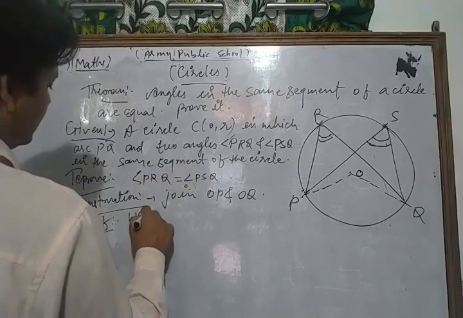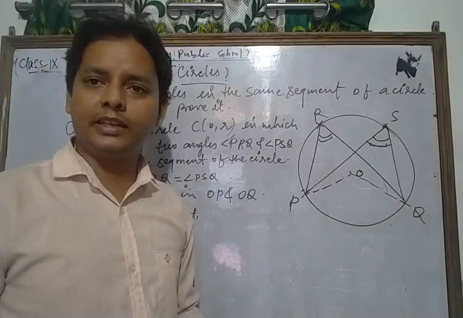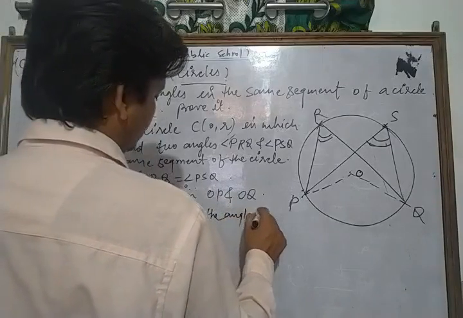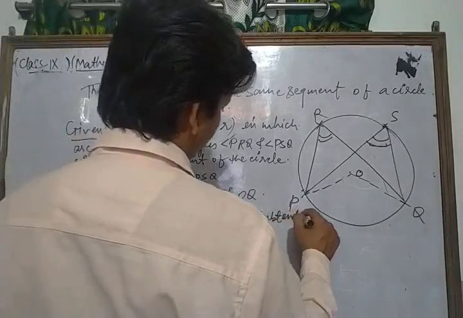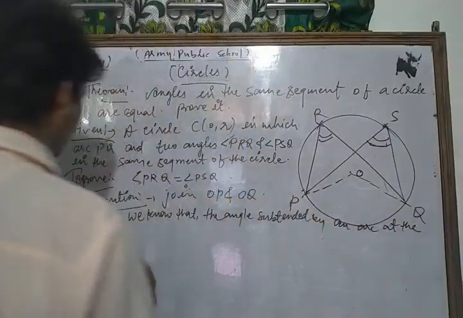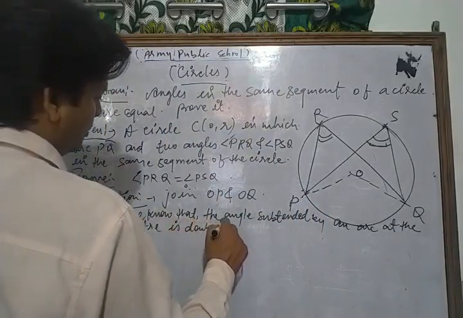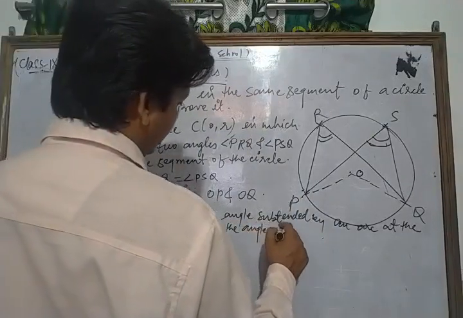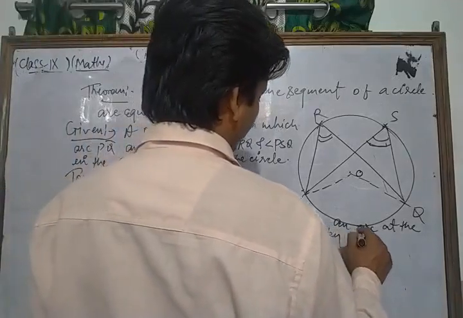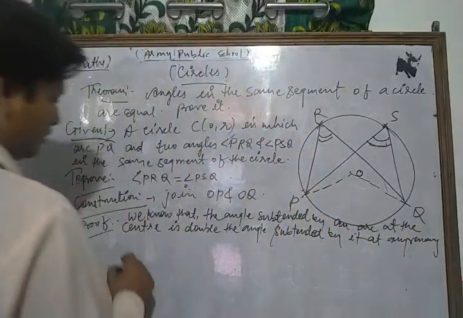We know that, the same statement which we wrote in the previous theorem, the angle subtended by an arc at the center is double the angle subtended by it at any remaining part of the circle,